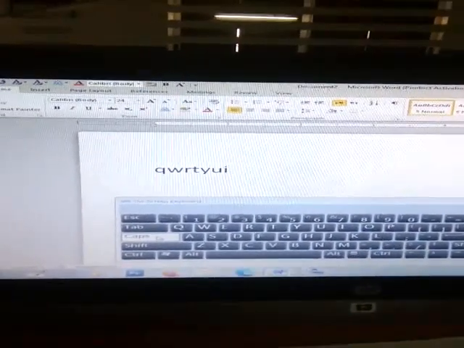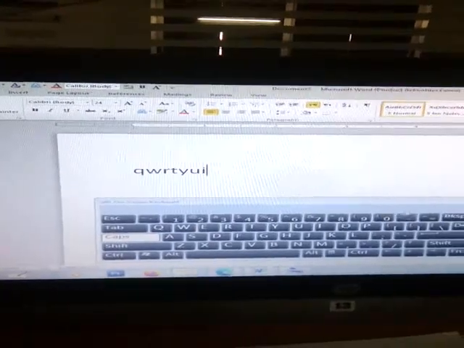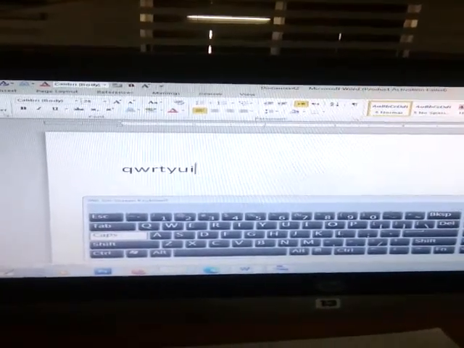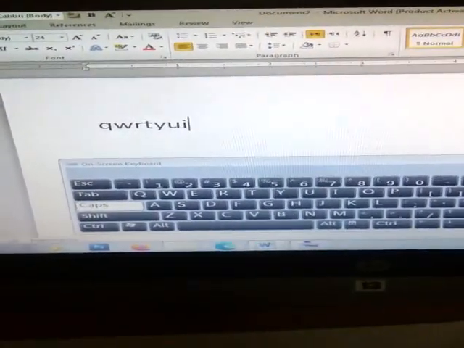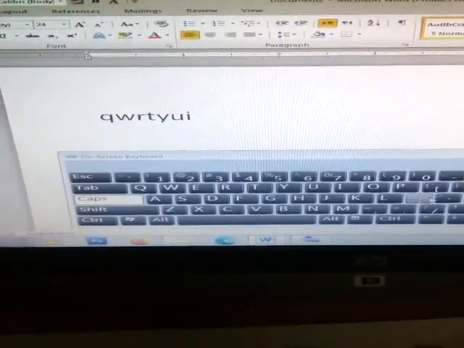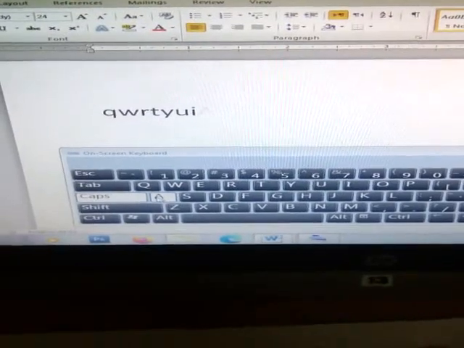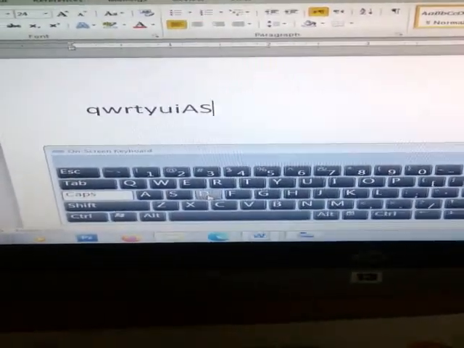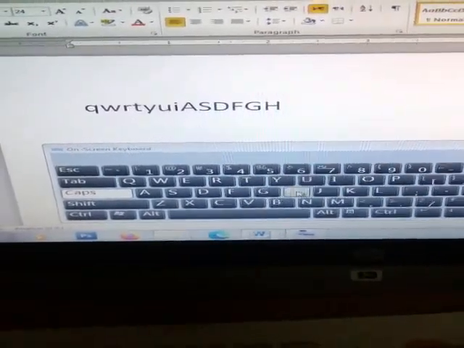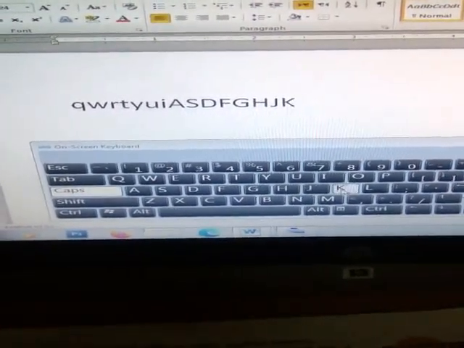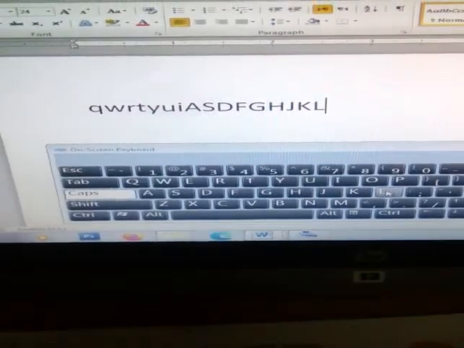If you press the caps lock key, on your keyboard there are 3 lights and a green light will glow. At that time if you press the letters, all letters will come in capital. Means caps lock key is used to type the capital letters.